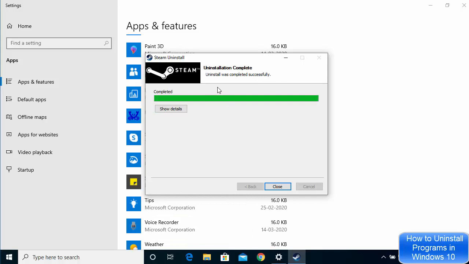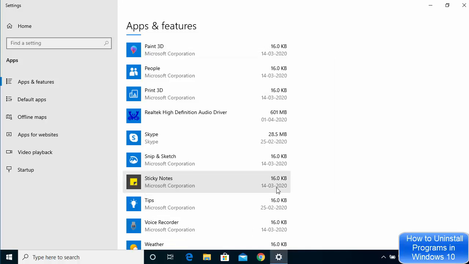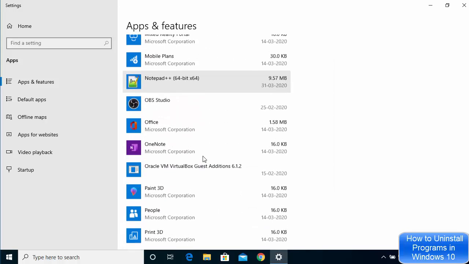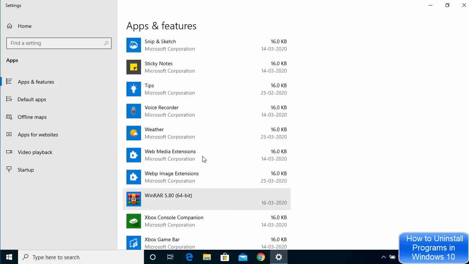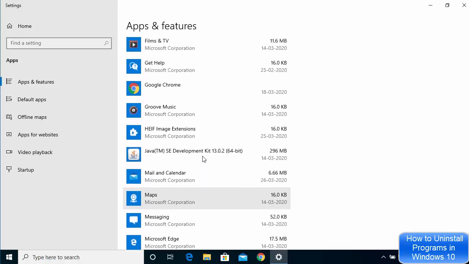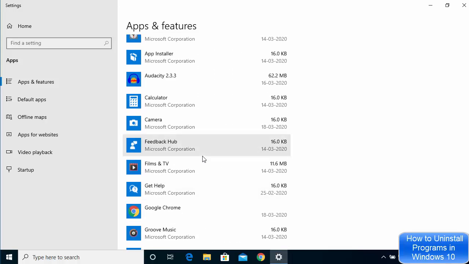So when you see that the uninstall is finished successfully, you can close this window, and you can see now this Steam app is uninstalled from my Windows 10 operating system. So this is how you can uninstall Steam, or more specifically, you can uninstall any app on your Windows 10